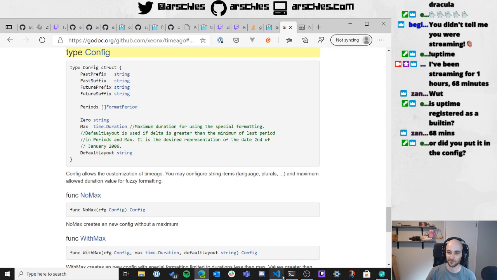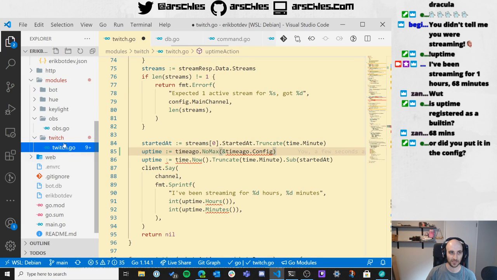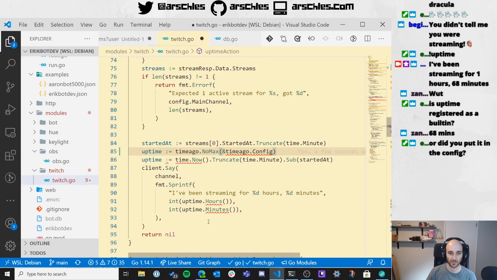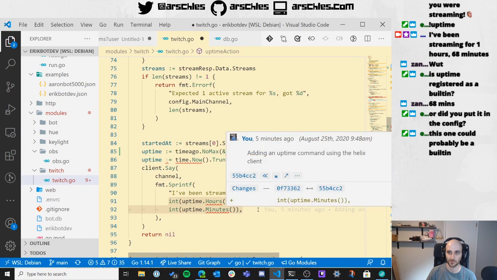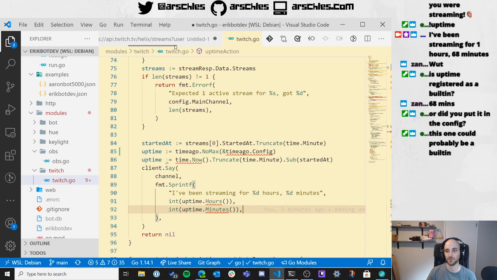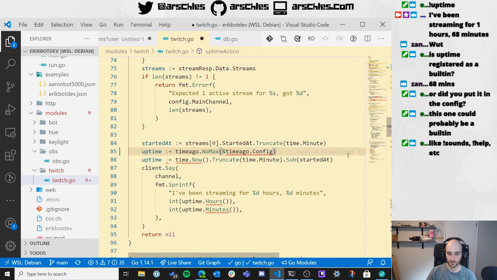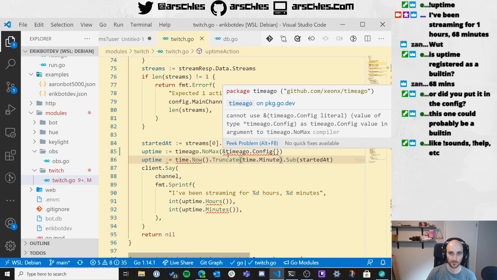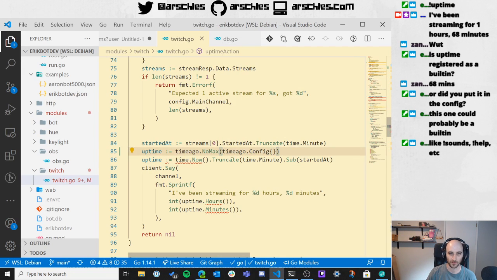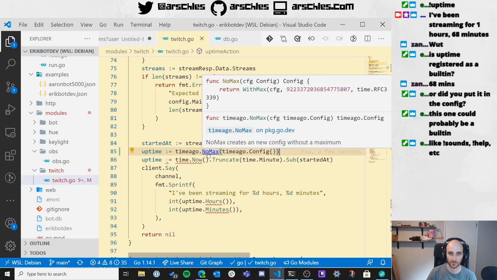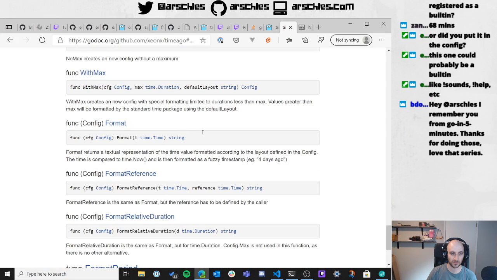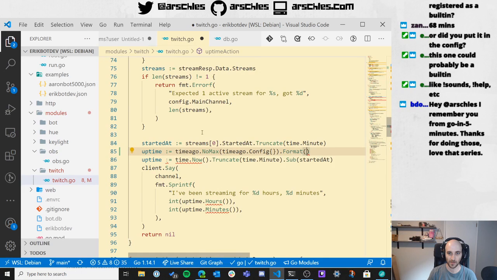Did I put it in the config? Yeah. I put it in here as the new Twitch uptime command or action. I think it's just because this is messed up. What is a... Oh, this could be a built-in. Okay, well let me put it in a built-in later. Timeago.config. Isn't that what... Oh, it just doesn't want a pointer. Okay. So uptime, the nomax returns a config. So then you're supposed to do dot format. Dot format started at